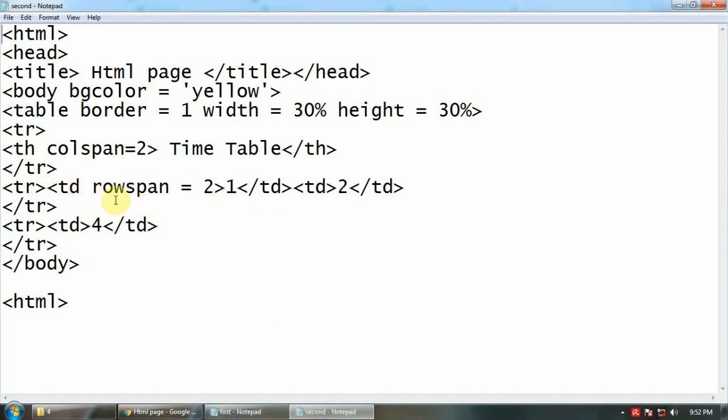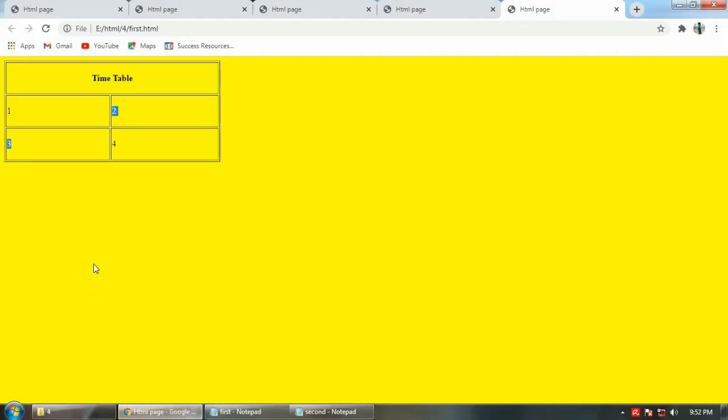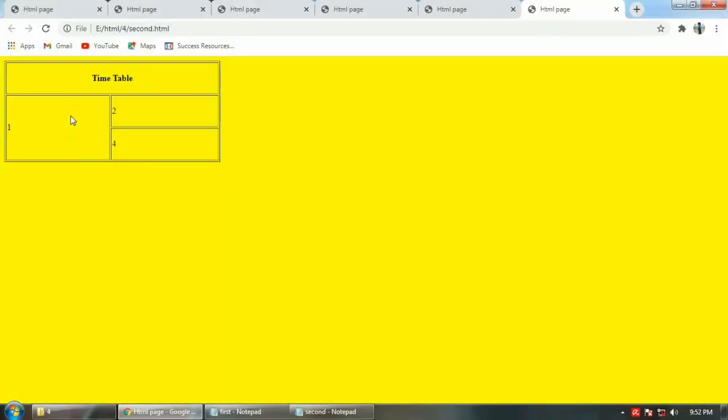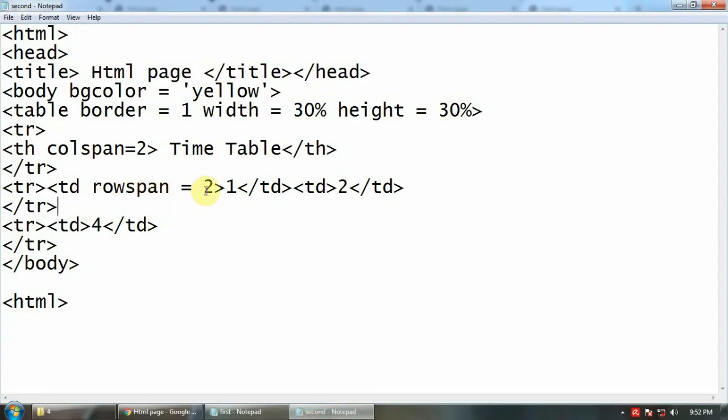But in this new one, in td I have given rowspan, which means I will be expanding these 2 rows. So these 2 rows have been combined into one cell. That's why I've written rowspan equal to 2, then 1 is the value, td close, then td again starts with 2, td close, tr close.